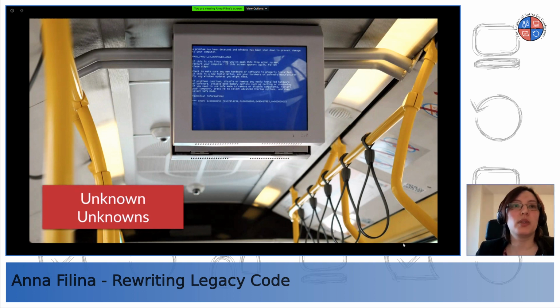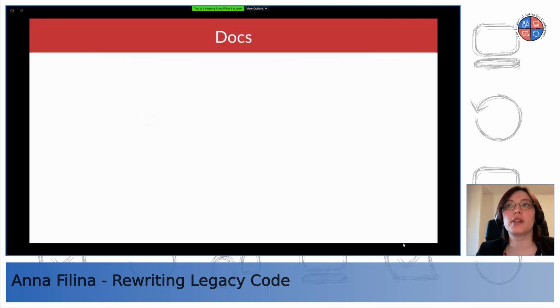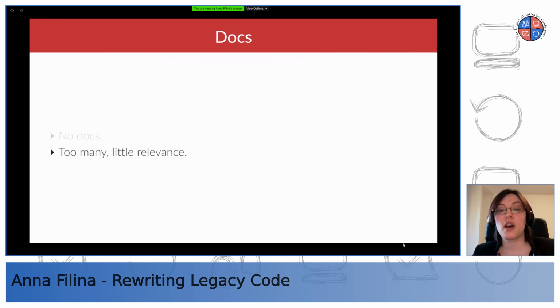Beware of unknown unknowns. Before you touch a single line of code, you need to go digging. Dig through the docs. Take the time to actually look at the documents, even if you just skim all of them. Maybe there are no docs. In that case, too bad. Maybe there are too many docs and they have very little relevance. Still, look through them. Make sure to find what you need,